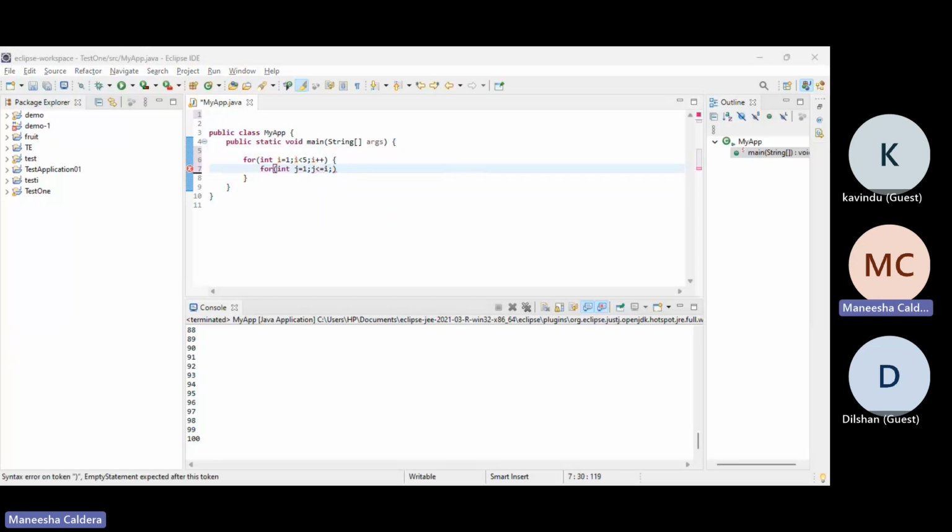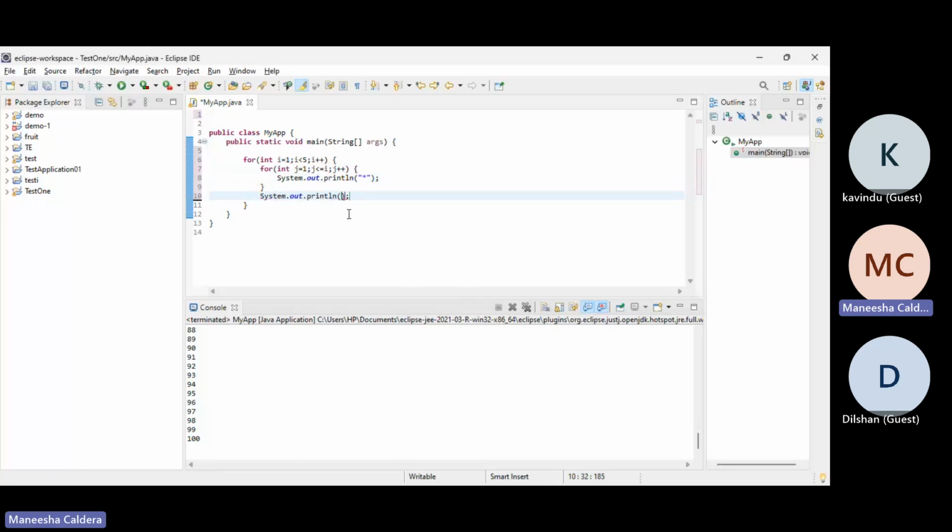For a beginner, sometimes it might be a bit confusing and you are unable to come up with this kind of logic all of a sudden. But after a while, I'm pretty sure you will be able to develop that kind of logic in your IDE easily. So we'll add a star. Right, we'll add a star. Now each and every iteration should end with a new line. How to add this new line? I'm going to add a